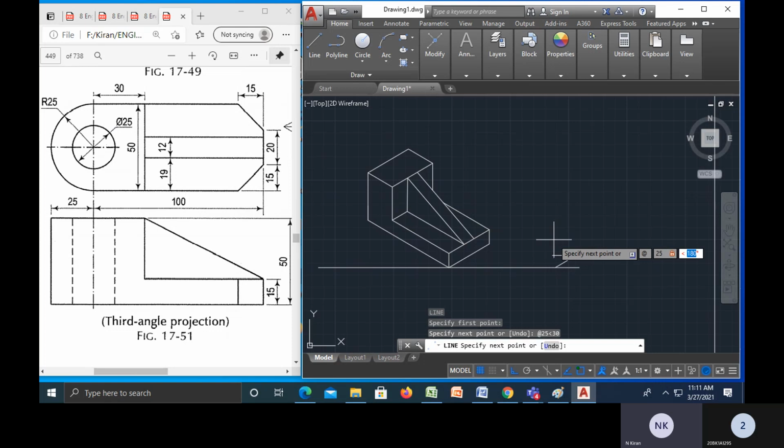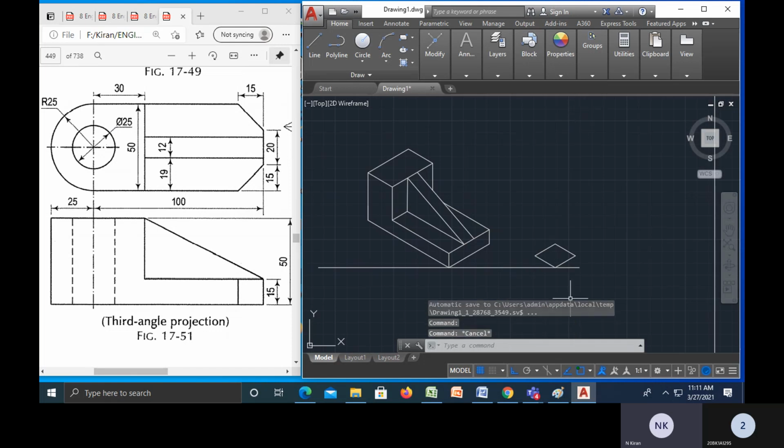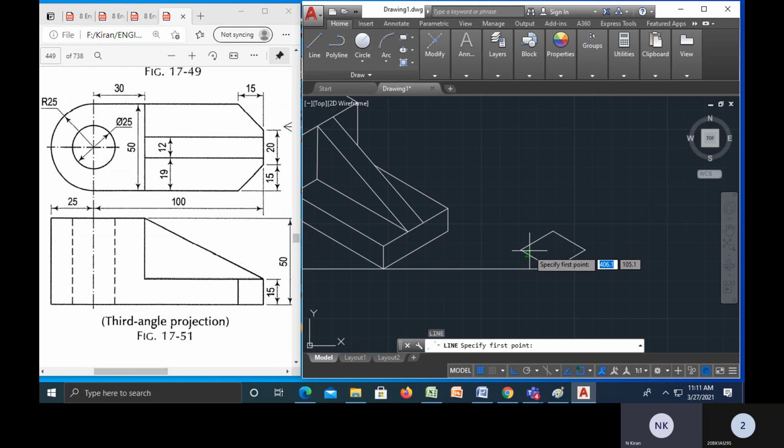And what is the value I have to give? In this manner, 150. Enter. And again shift at the rate 25. And what is the angle I have to give? 210. C enter. Okay, right. Now L enter, I will join the highest diagonal